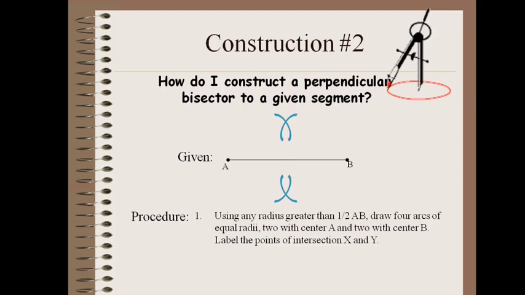So these four arcs will intersect each other at two distinct points, and these 2 points can be named as X and Y. Now you can join XY, and XY is your required perpendicular bisector of AB. This XY divides segment AB into two equal parts. As well, it is perpendicular. It makes a 90-degree angle with segment